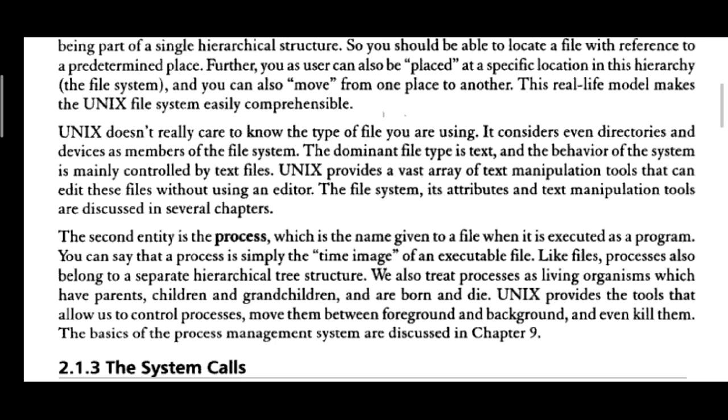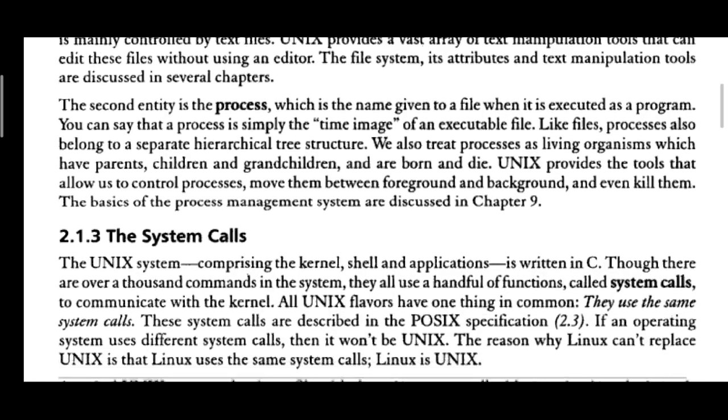Definitions: process and file. What is a process and what is a file? First you have to understand what a file is. A file is nothing but an entity which contains a set of bytes, right? And it will have a name followed by an optional extension, right? Various file operations can be performed. We can read the file, write the file, add, modify, delete the file, and move the file from one place to another, right? We can locate them in the directory. Apart from them, we have one more term called process. What is a process? The execution of a file is called a process.